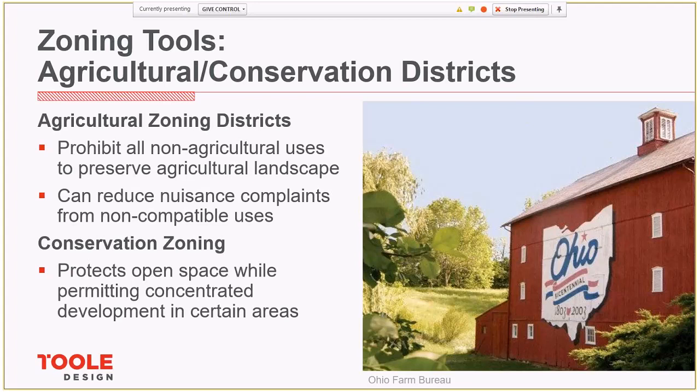By prohibiting non-agricultural uses, you can help reduce complaints and keep farmland and vast swaths of habitat intact. Another related tool here are conservation easements, which are agreements between a property owner and a land trust or other organization in which the property owner receives tax benefits by agreeing to place restrictions on the use of their property. This is a tool that can be used to protect natural resources, a viewshed, or the rural character of an area.